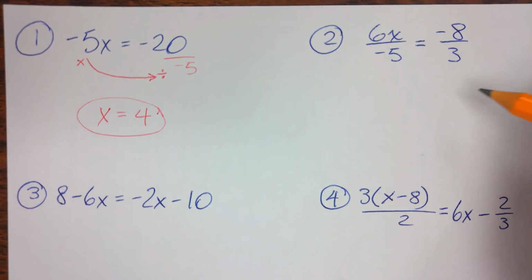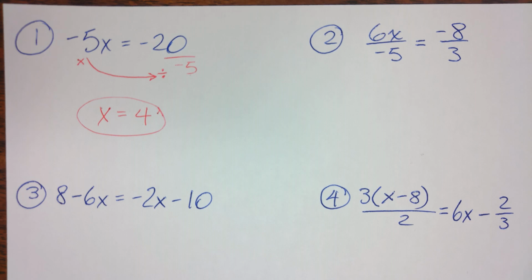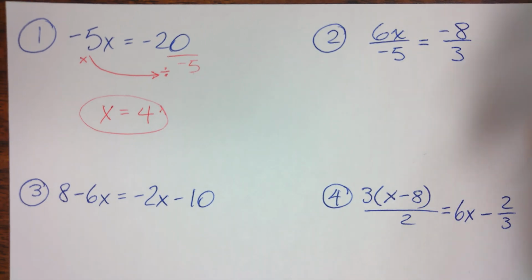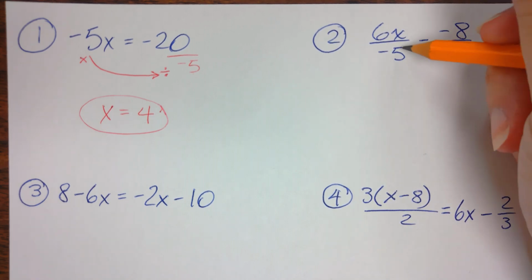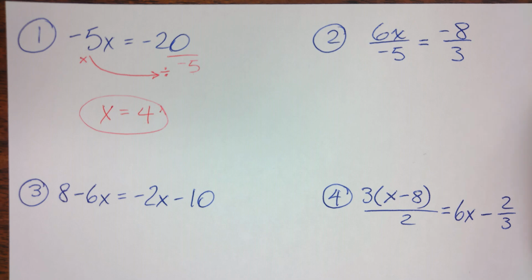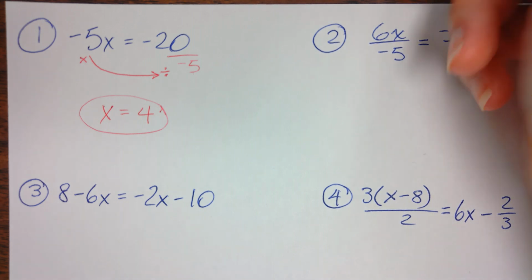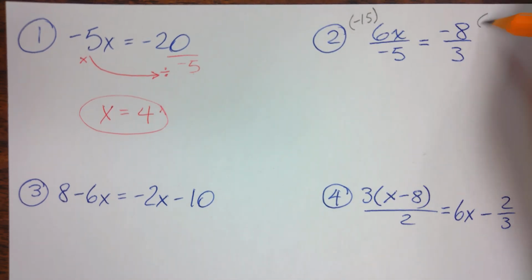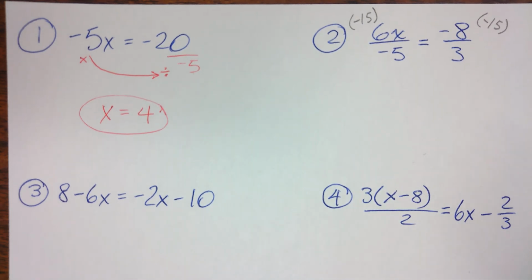Whenever we see fractions, what do we want to do? Sam? You have to find the least common denominator and multiply by the numerator. Yes. Okay, so as Sam said, we want to find the lowest common denominator between negative 5 and 3. What is that? In this case, let's do negative 15. Okay, so if I multiply both sides by negative 15, I get